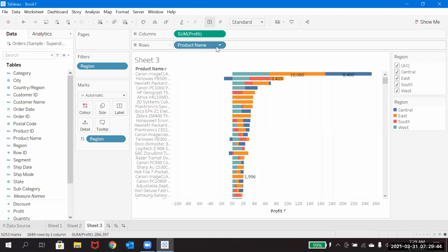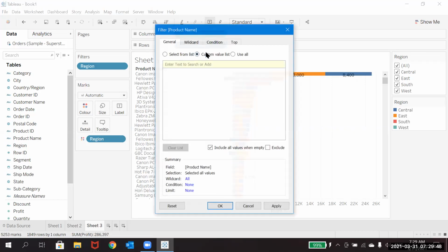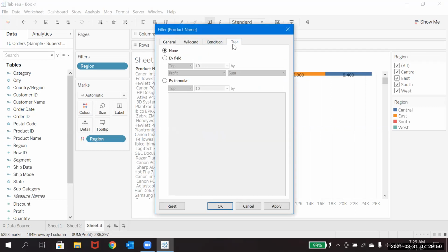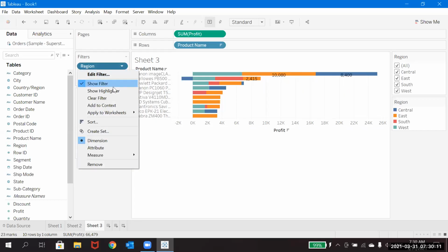Okay, so I'll do it like a simple thing, but maybe I'll explain how it will work. Just go here. So maybe I'm going with the top 10 fixed value here. So if you see, in particular, the south region also you can keep, right? You can remove all the regions and you can keep only south, right?